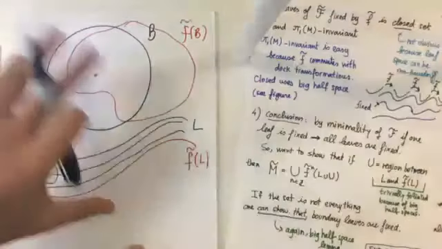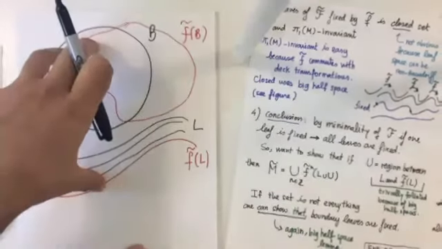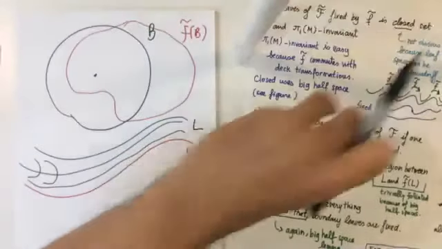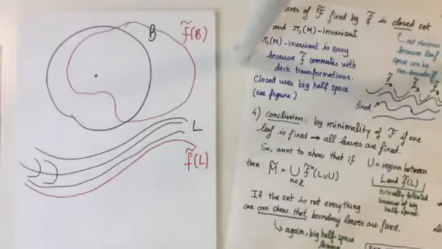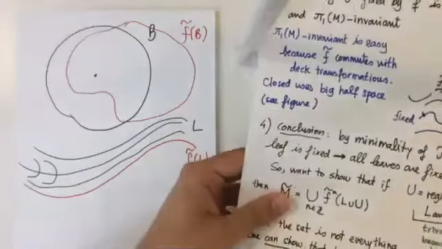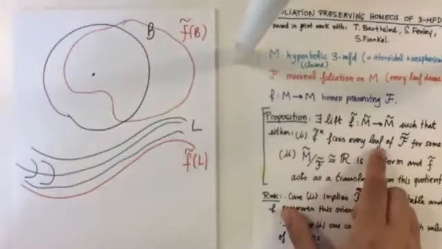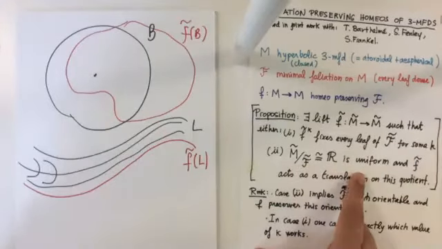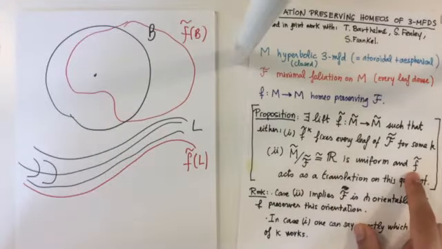So this property of having very big balls allows us to show that the space of fixed leaves is a closed and pi1 invariant set. And so either it's everything or it's empty. Okay, and remember that we wanted to show that either every leaf was fixed or no leaf was fixed. So F tilde was a translation.